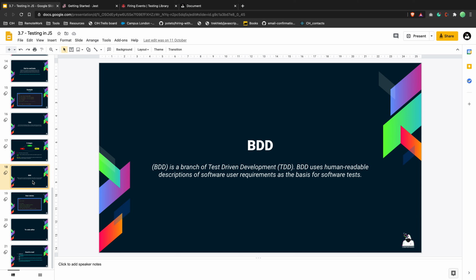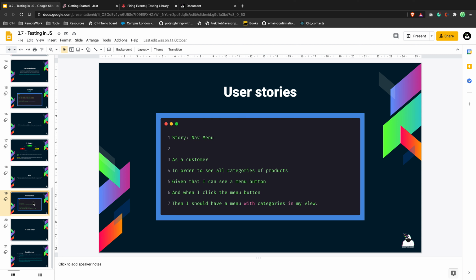And the stories for BDD look like this, for a navigation menu, for example: as a customer, in order to see all categories of products, given that I can see a menu button, and when I click on the menu button, then I should have a menu with categories in my view. So BDD is a part of end-to-end testing.